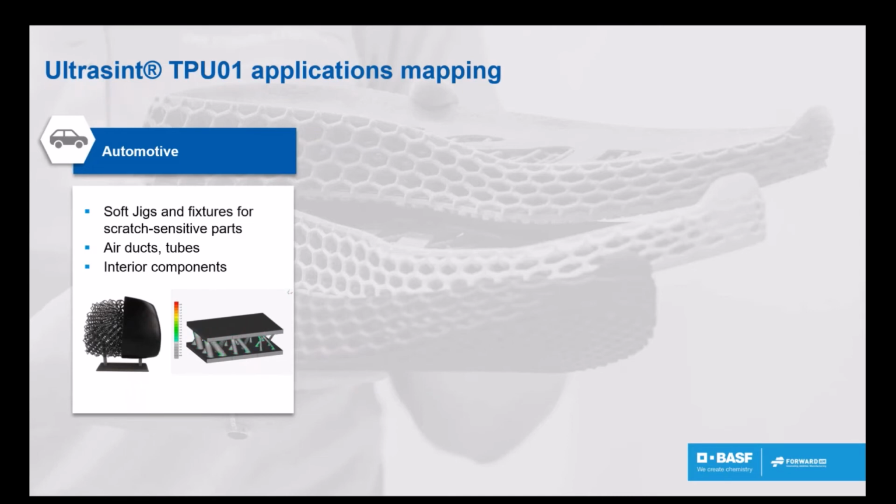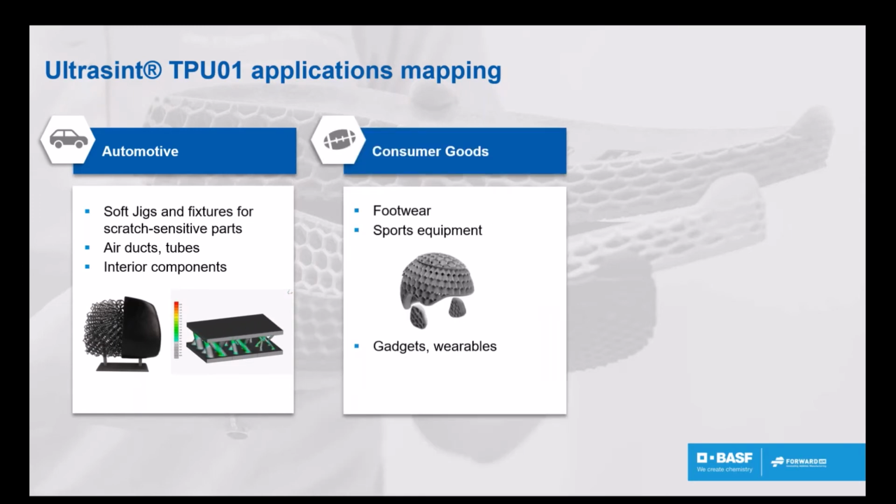The main segments that we see are automotive, so with soft jigs and fixtures for scratch-sensitive parts like grippers or human protective parts for manufacturing lines, air ducts and tubes, interior components for cushioning with lattice structures for seats, headrests, soft parts in dashboards, and parts to help vibration and noise isolation. Other important applications